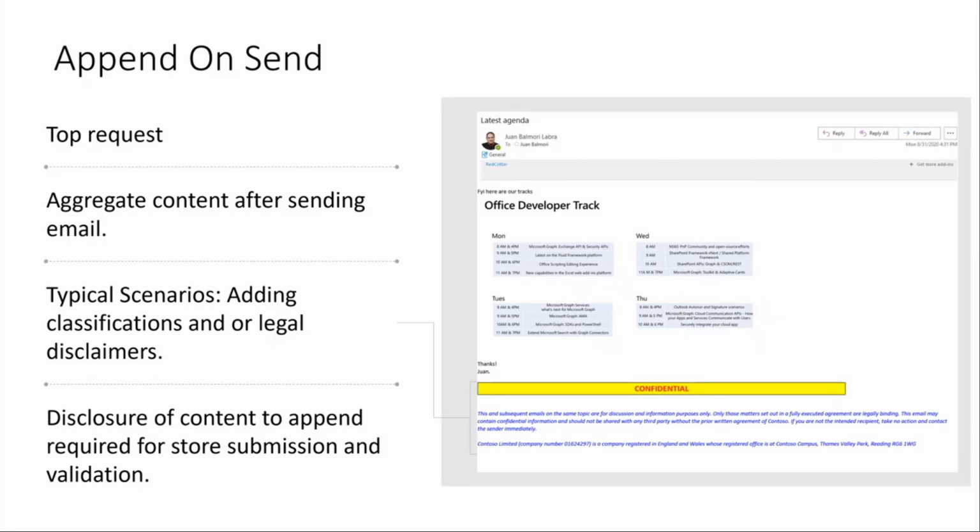Now the store is ready to start getting add-ins that are using Append On Send. Remember that Append On Send requires developers to add an entry in the manifest. So you need to submit an update to your add-in to the store if you're going to be using Append On Send. And in the description of your add-in, it's going to be validated that you are disclosing the content that is appended. That is going to be tested and validated. So there you go. Expect, end of next week, a blog post from our team doing the formal GA